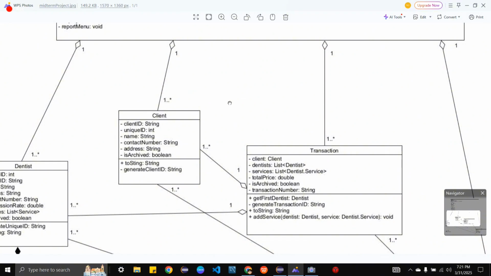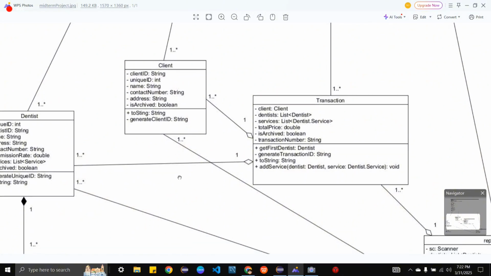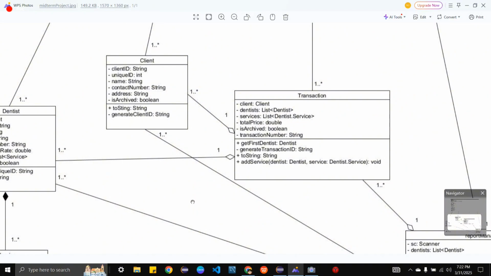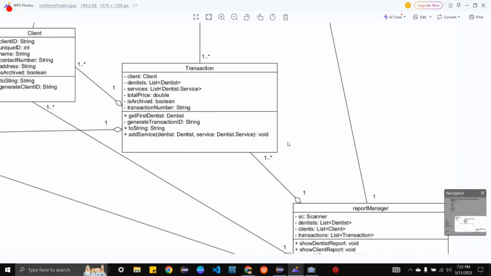So it is a whole-part relationship called aggregation. So one or many clients are managed inside the clinic management system. The same as dentist, client is related or connected to two different kinds of classes, also transactions and report